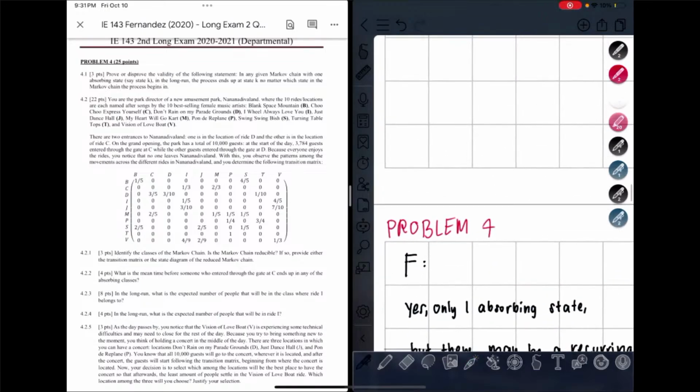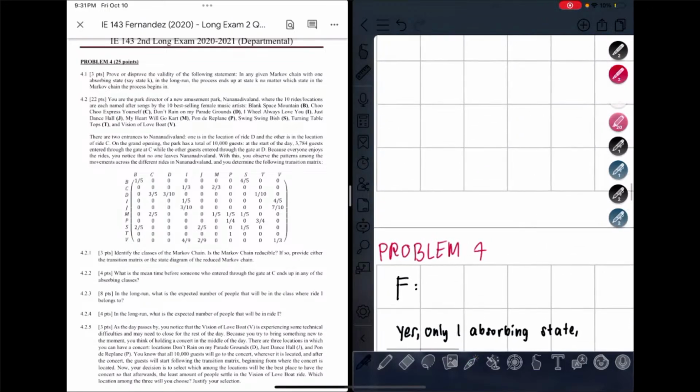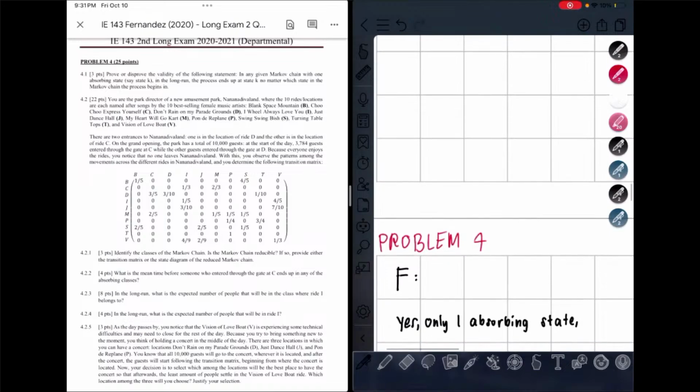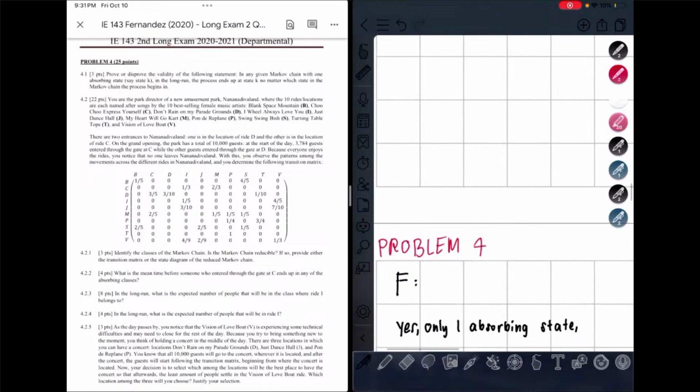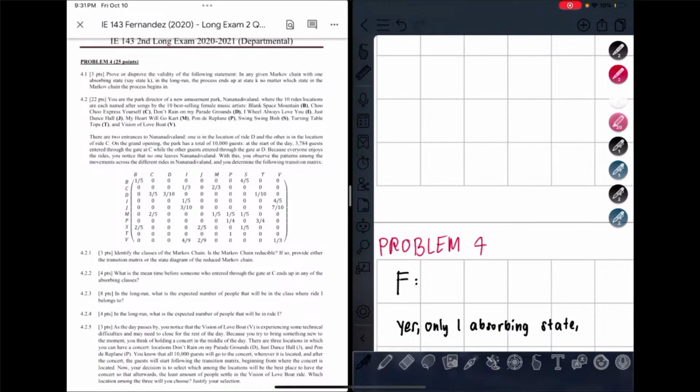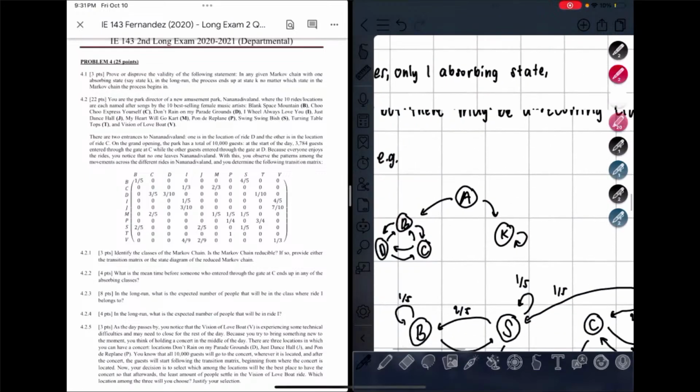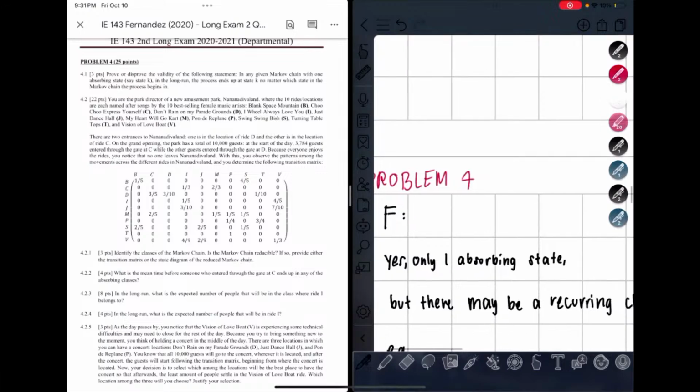This is false. Why? Because yes, there's only one absorbing state. But it's a semi-trick question. The problem doesn't say anything about recurring states or recurring classes. So for example,